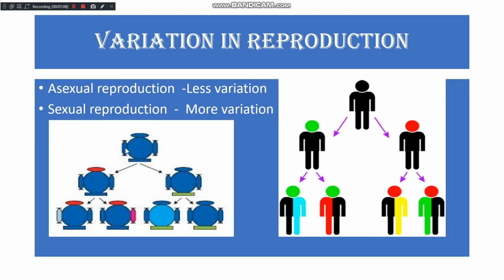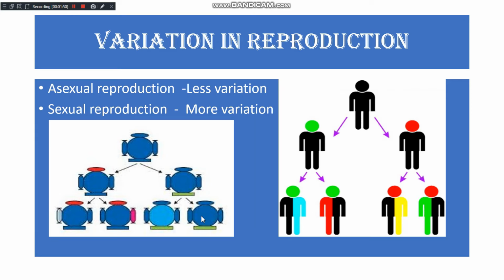You can see one example here. This is an organism, and during reproduction two organisms are formed. Both have the similar features of the parent, but you can find some differences, like the color. Here it is pink, here the base color is green. So these are the variations. Now again further reproduction happens. These also have the similar basic structure of the parent, but again one more variation occurs over here.